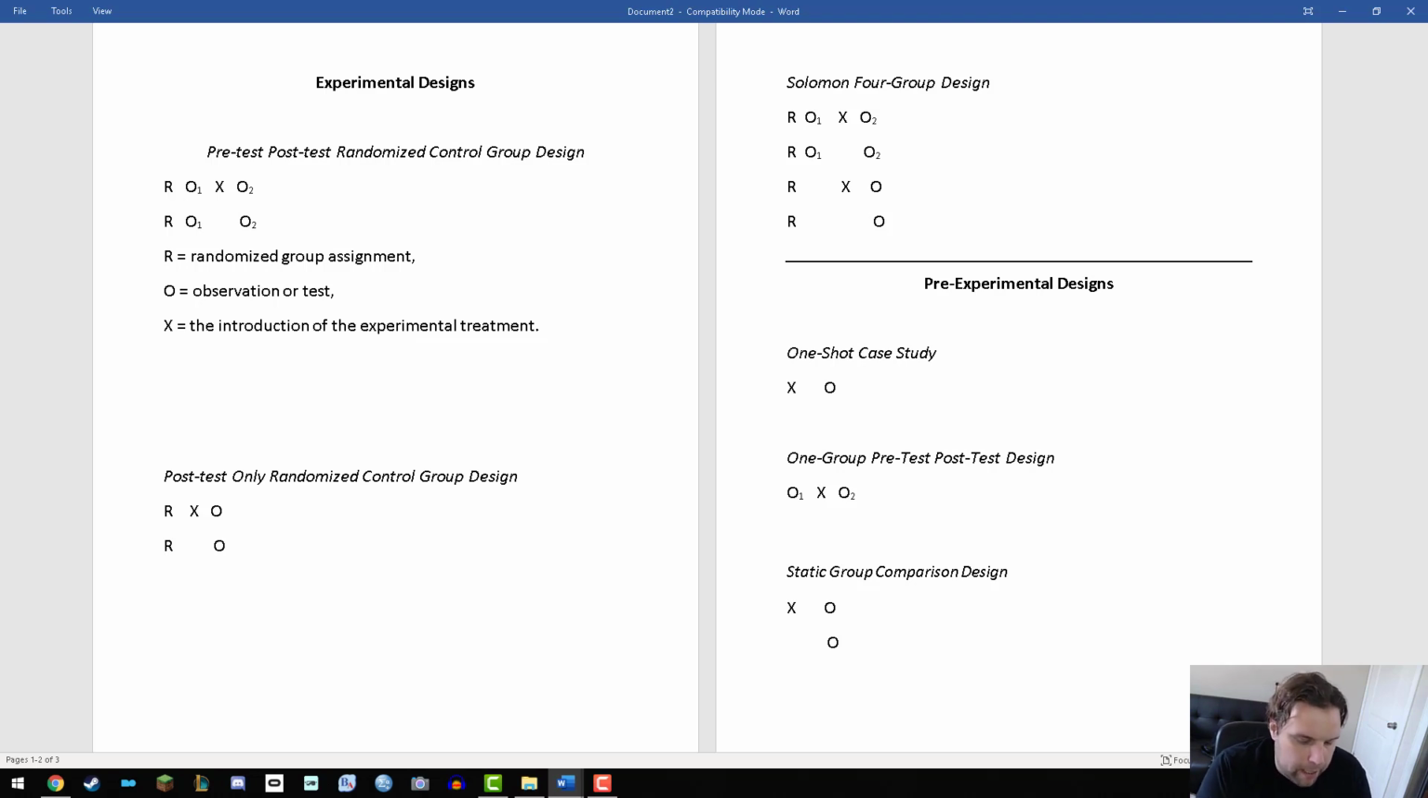So an experiment is, like I said, really good at determining cause and effect relationships. We've got three main true experimental designs here. Now, what really sets apart the experimental design is that it has